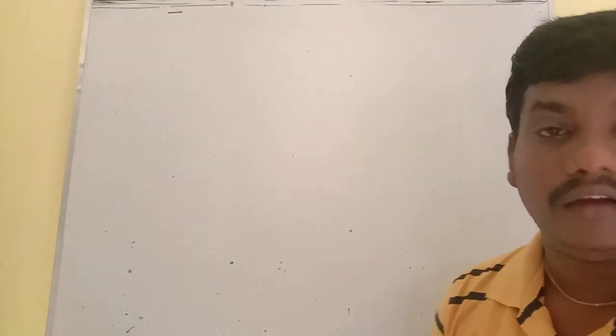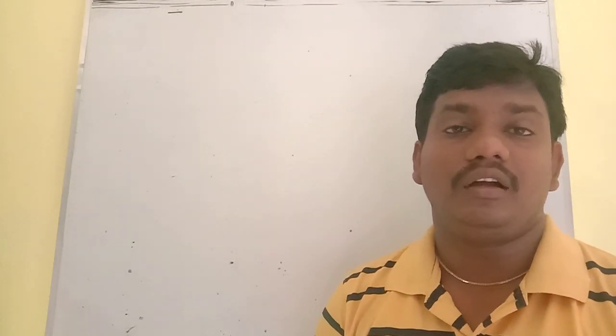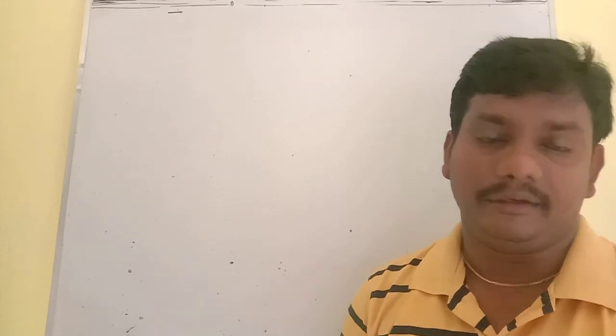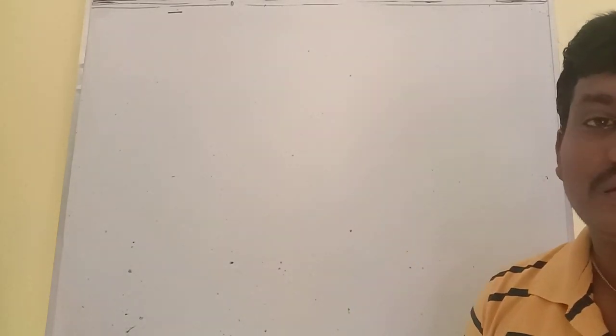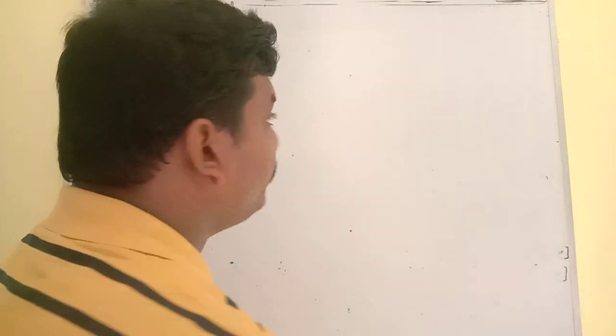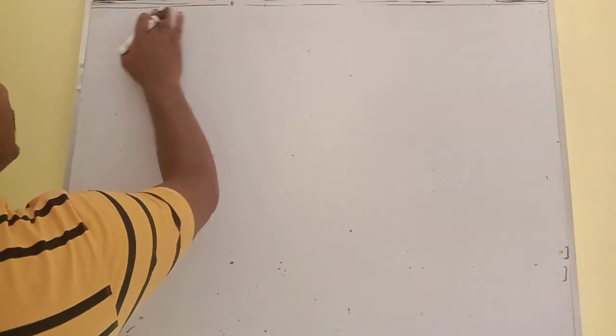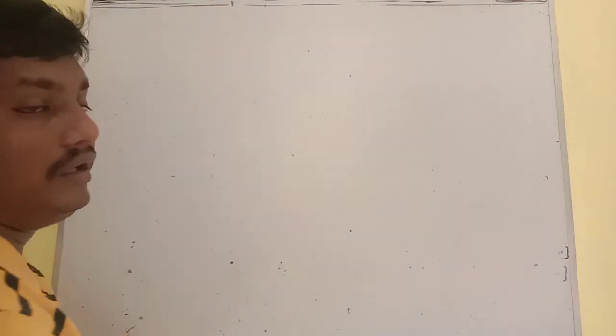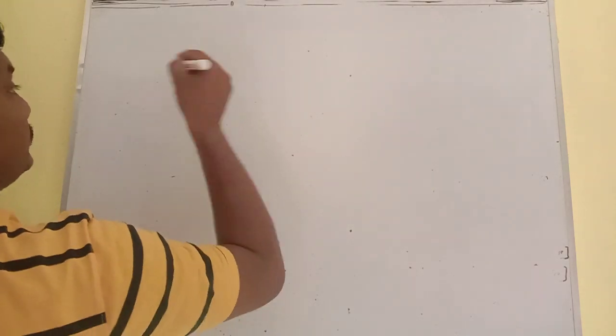Hi students, in this video we are going to find sin(alpha plus beta) and cos(alpha plus beta) at a time in a simple way. So how to find sin(alpha plus beta), cos(alpha plus beta) in a simple way, an easy technique. Let me consider this. We have to find sin(alpha plus beta) and cos(alpha plus beta) directly at once.